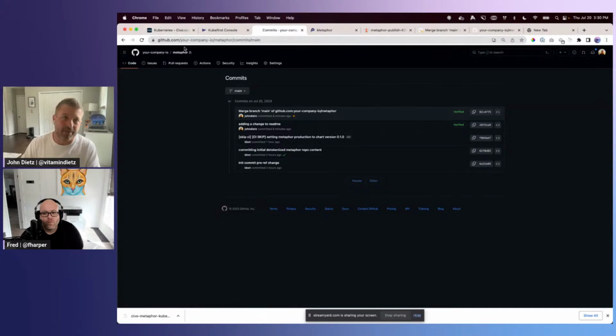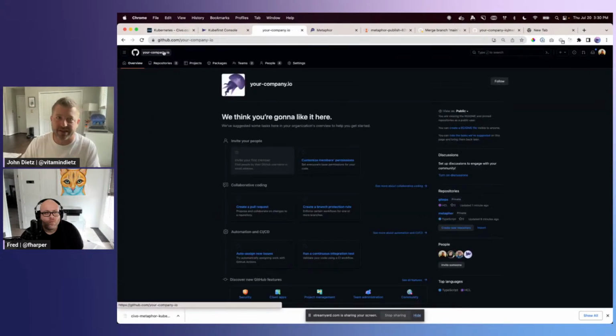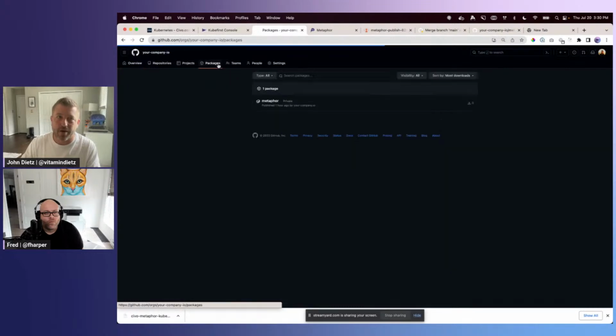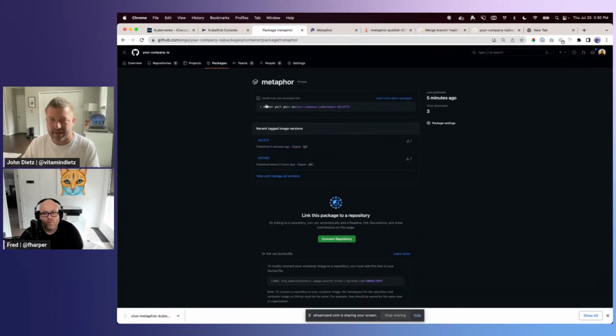So in GitHub, for example, if you were to go to your organization, this is your company IO, you could go to packages here and you'll see that we'll have a metaphor automatically created for you. And as we produce container images, it's going to drop them right here. And we have the same story going on in GitLab.